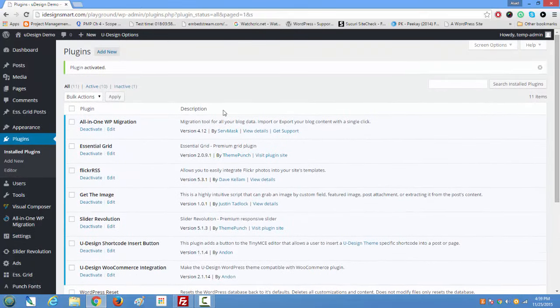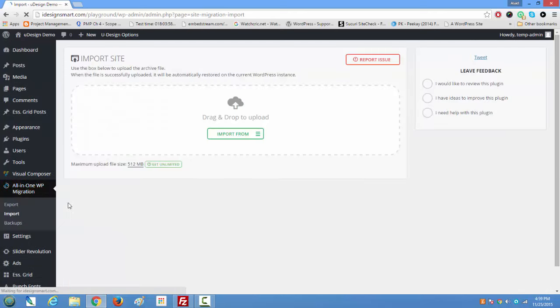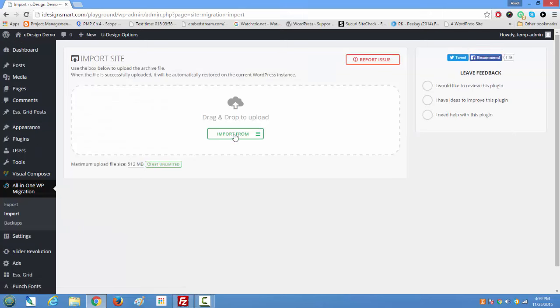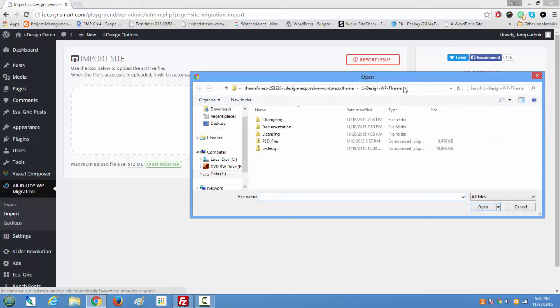Now I have installed the WP Migration plugin, and you can see a WP Migration option showing on the left panel. So what you can do is import, and once you click on import, it asks you for a file, like an XML file that you can import. I will click on the file, and then I can select what I want to upload. So here I'm going to do